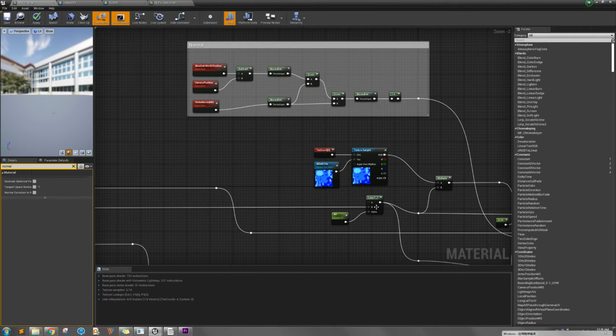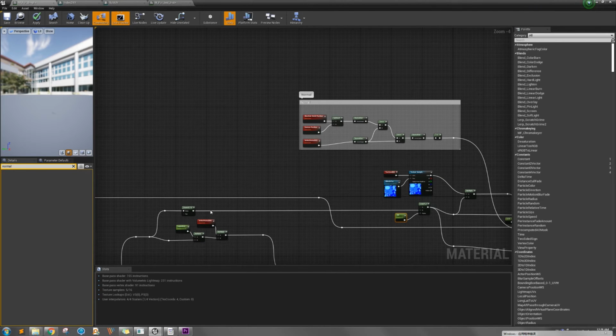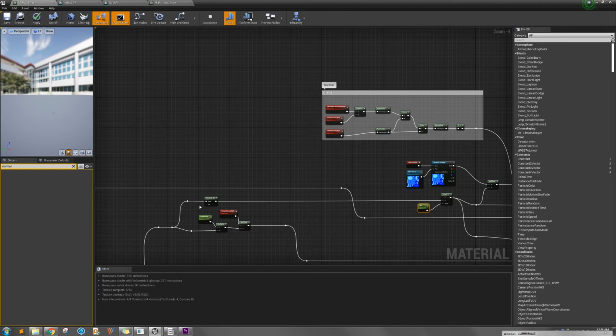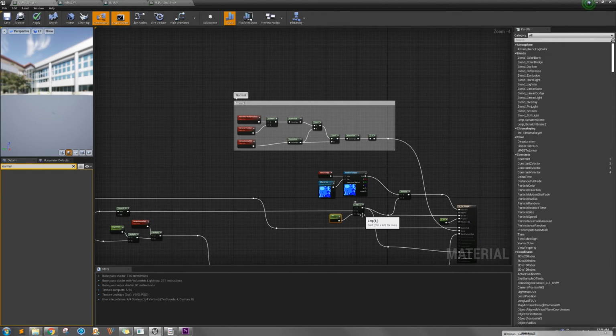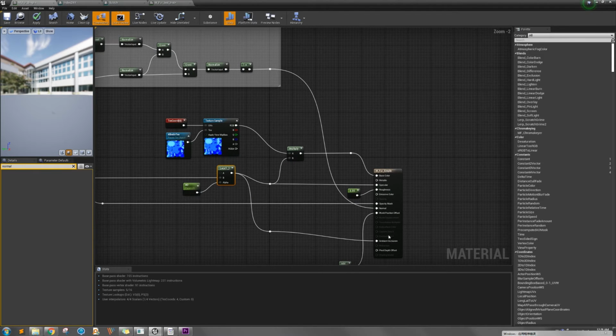Then I use a linear interpolator with an AO parameter. When this value is higher, we will use more from the index information, so the root will be darker. If it is 0, it will use the default value. I set up 1, which means no AO. So I output this to the ambient occlusion and also multiply it to the albedo,